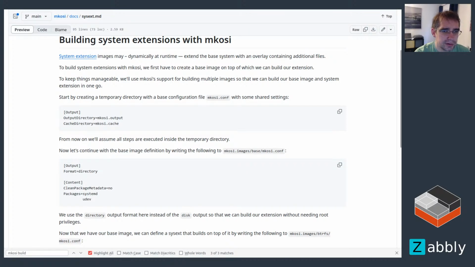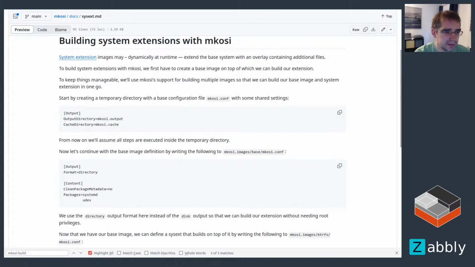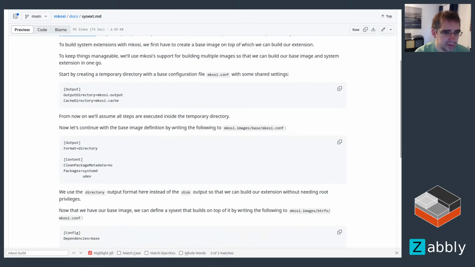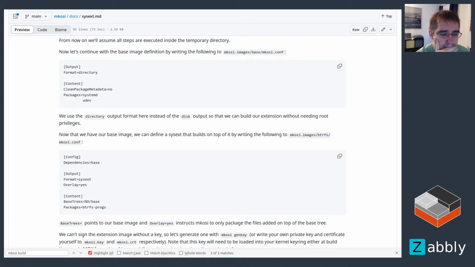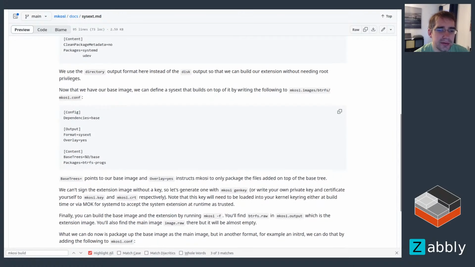Creating temporary directory with a base config with some shared settings. Okay, sure. Output. Okay. We're assuming executing inside a temporary directory. Okay, now with the base image. Okay, format directory. Yeah, don't care about the root privilege part. And as we have a base image, we can define syssext that builds on top of this following. Sure, but